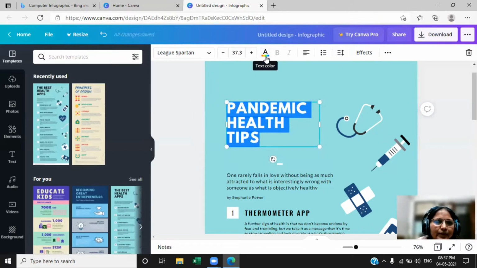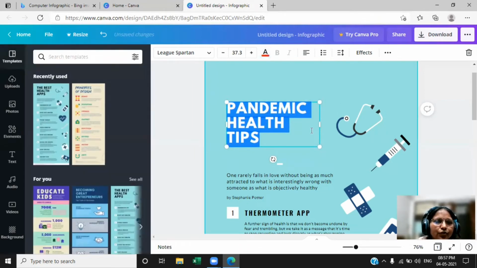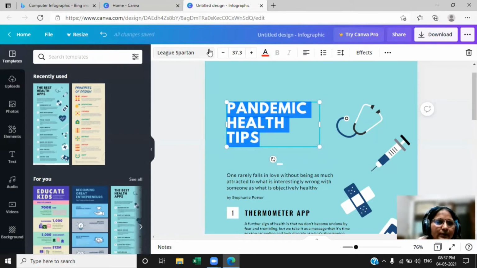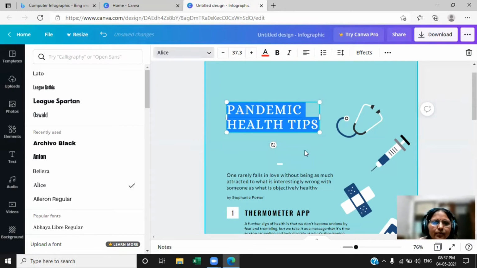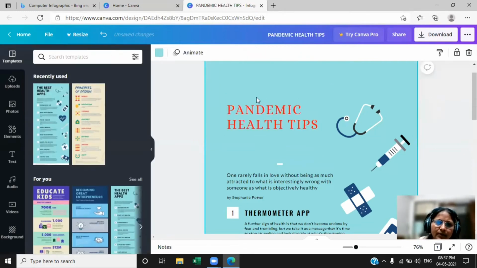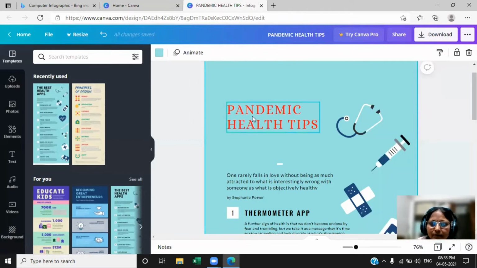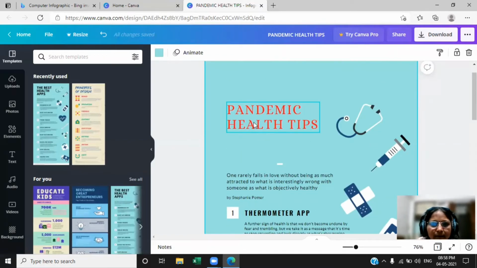Clear? If you want to change the color, you have to simply click it here. Whatever color you want to choose, you can click on this. The color will be changed automatically. If you are interested in changing the font also, there are so many fonts available here. You can choose any font, whichever font you like. See, this is a simple font which I normally like whenever we are working with any unofficial thing. This is the best thing. See, it will give you hints also. So this is what I have done, the small modification in my template.